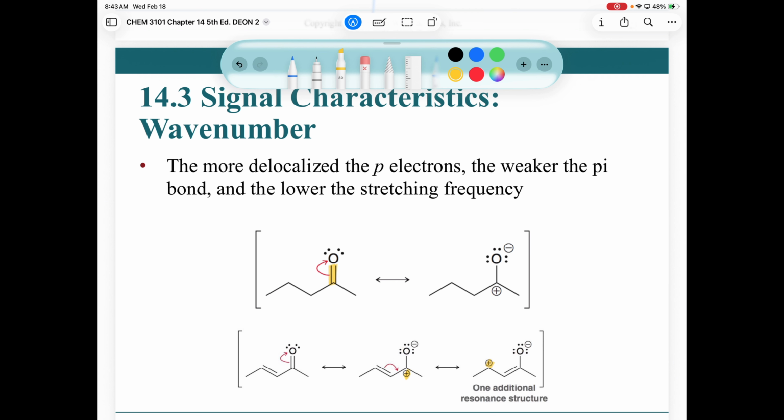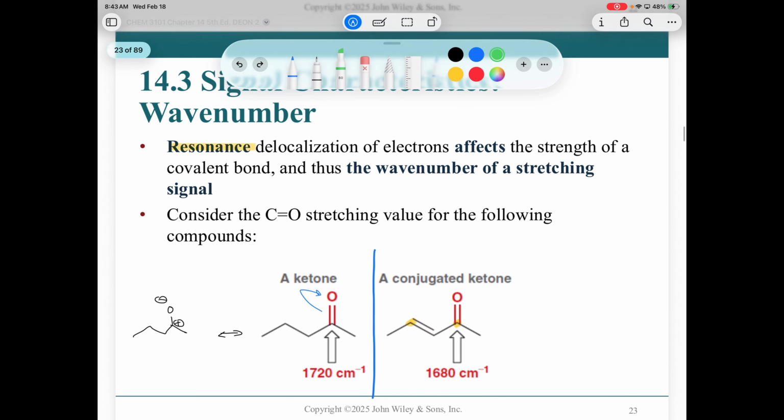So now, if I highlight this carbonyl in yellow, and I highlight this carbonyl in green, if we look at the resonance forms, which one of those carbonyls has more single bond character? The one highlighted in yellow or the one highlighted in green? The one in green. There's two resonance forms that have single bonds, whereas the one in yellow only has one resonance form where it has a single bond. So therefore, the carbonyl with more resonance forms is weaker. It's a weaker bond. And so what's the conclusion that we can draw? Is that this is a weaker